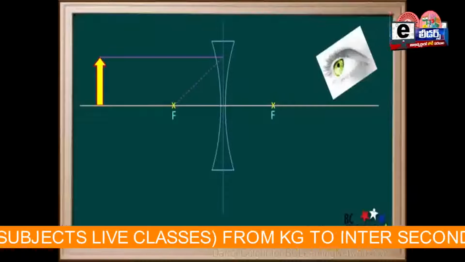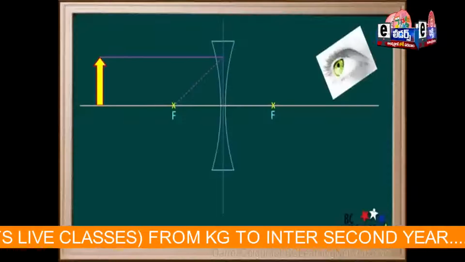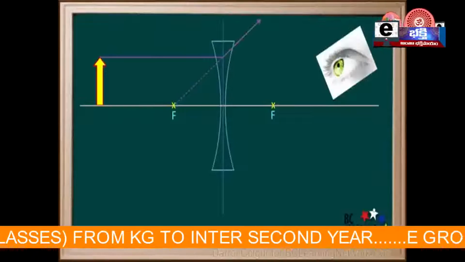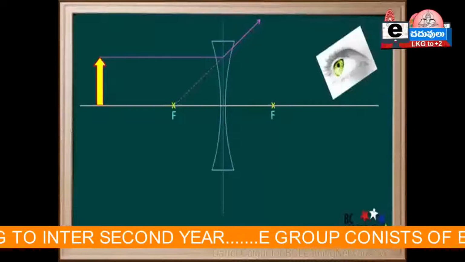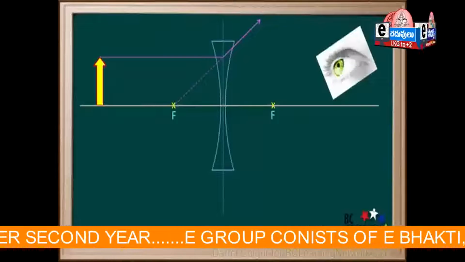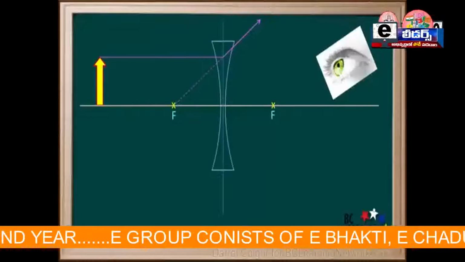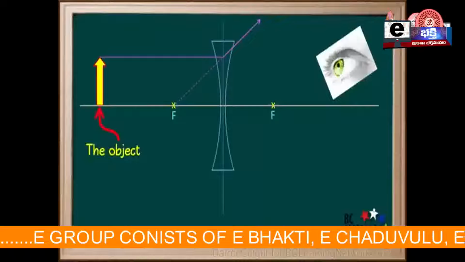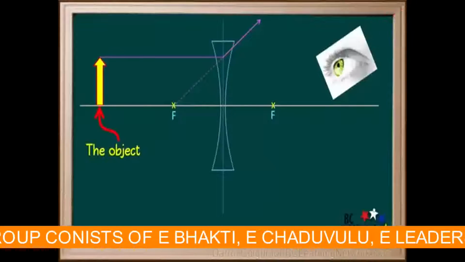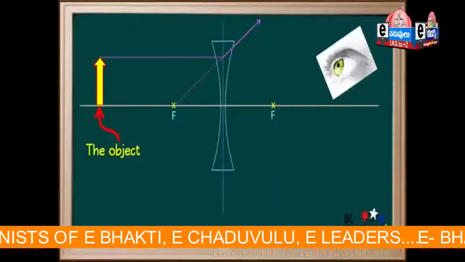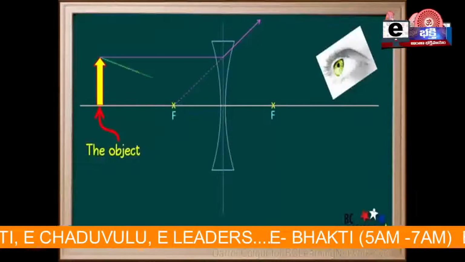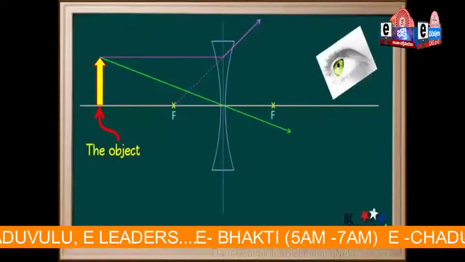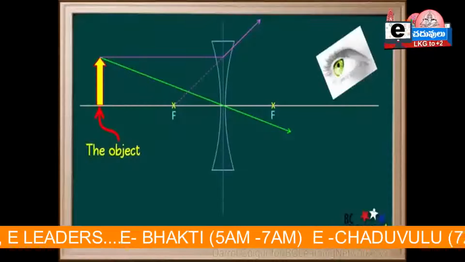And we'll extend this line upward from this point with a solid purple arrow. The solid portion of the purple line now shows how this ray travels from the object to the lens and is bent upward by the lens. To help us find where the top of the image will be, we draw a straight line from the top of the object through the middle of the lens. Rays passing through the middle of the lens are not deflected.